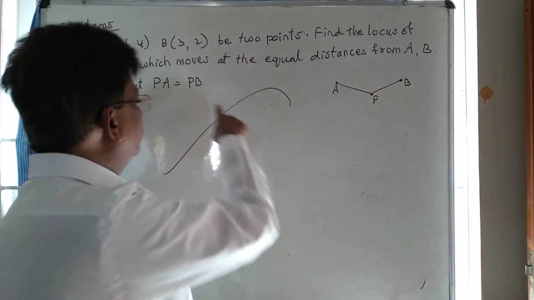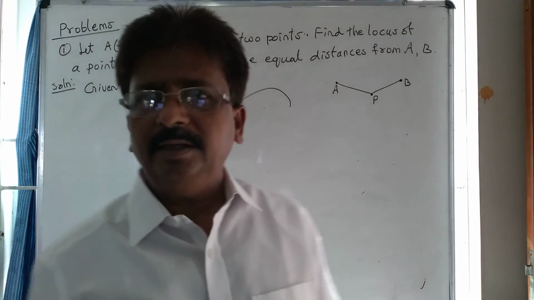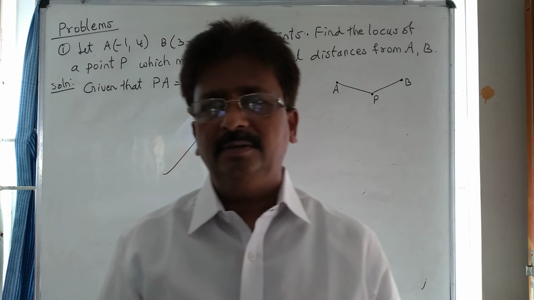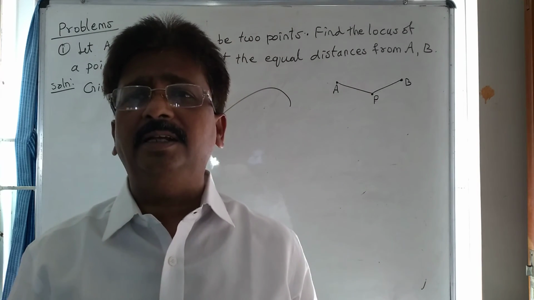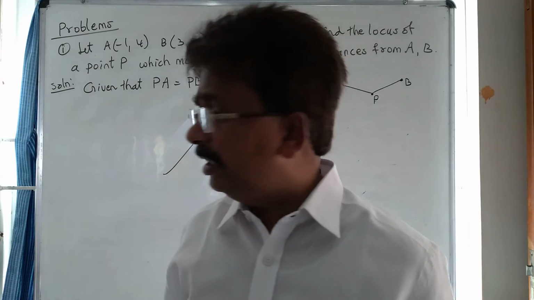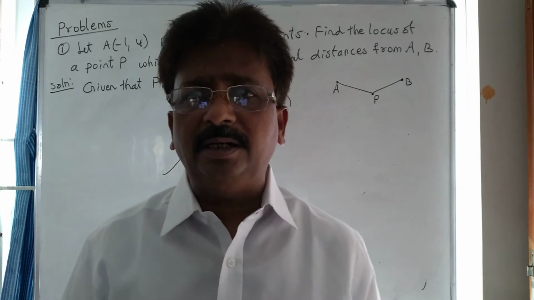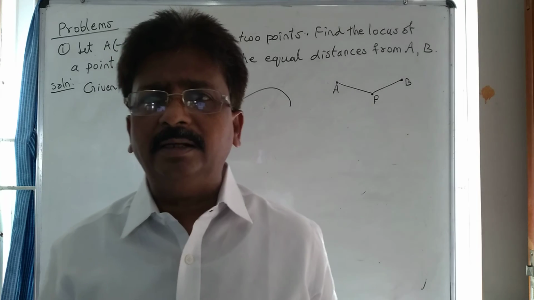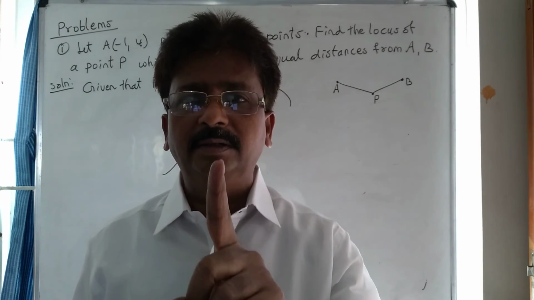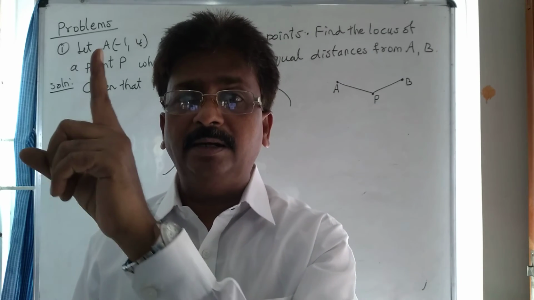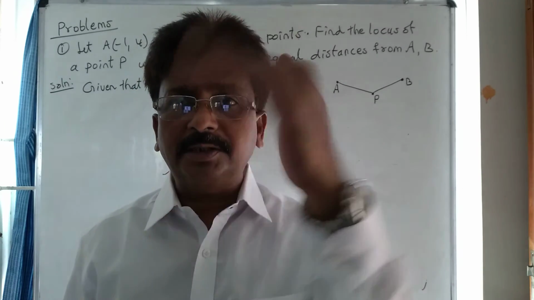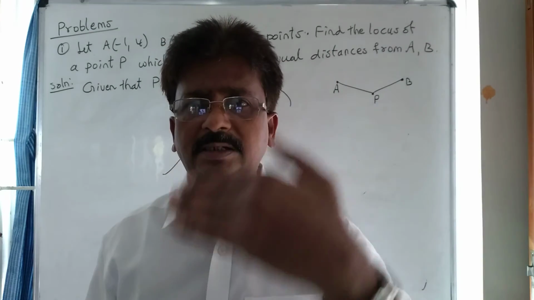Now, is it not the equation PA is equal to PB? Yes, this is also an equation. Of course, it is a geometrical equation. There are some meanings in the left side and right side. PA is the distance between the 2 points, PB is the distance between P and B. So here the geometrical equation is not required.